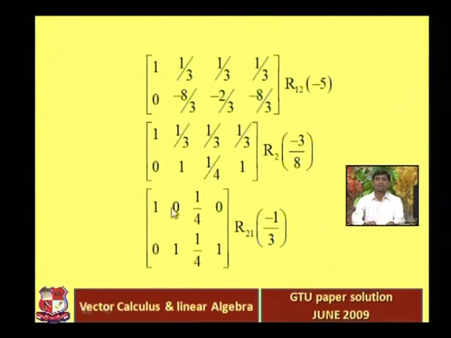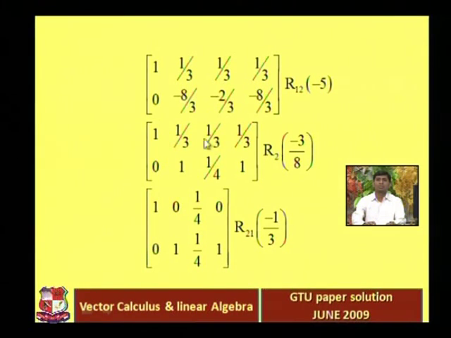Okay, so 0 1, 0 1, 1 by 4 and 1. Okay, now 1 0. So now we have leading entry 1. Okay, and we want 0 here, we want to make 0 here. Okay, this is a